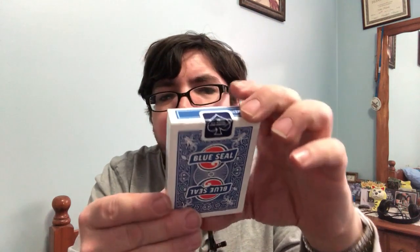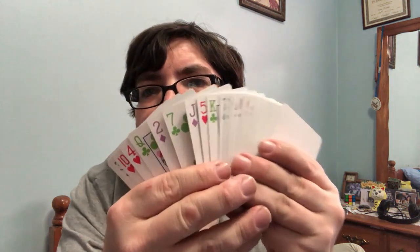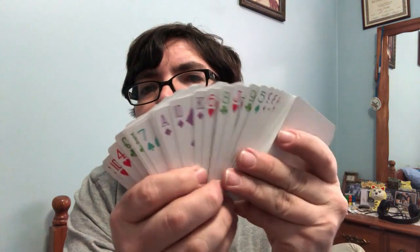Which is from the Okinawan Ice Cream. It's a collab with them. And very nice deck, fairly straightforward. It has organic playing card style faces. It also has something that I'm a big fan of, which is 4 colored suits. I was not expecting that. I like it. And then the other one I got in this order was the Bicycle Ken Matsudaira, aka Matsukin deck,